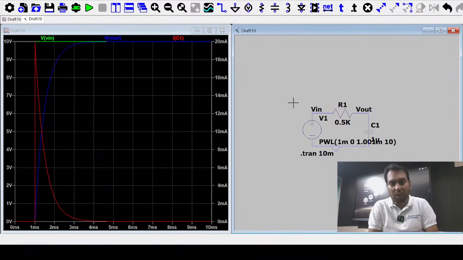If you are talking about the capacitor, you are increasing the distance between two metals, or using a different metal, meaning in place of M3 you are using M4 or M5, so that the distance increases and you can reduce the capacitance. So you can reduce these unwanted resistance and capacitance effects in your circuit